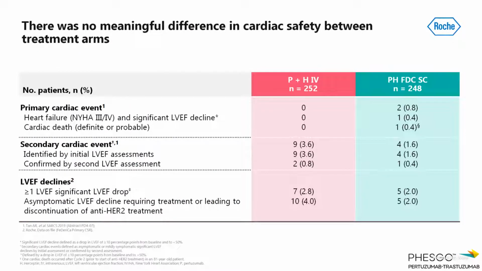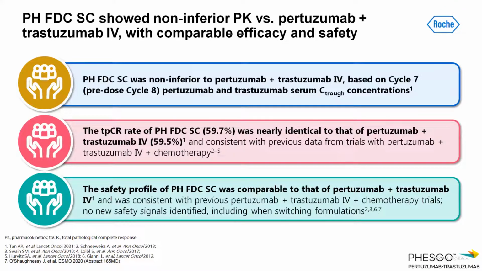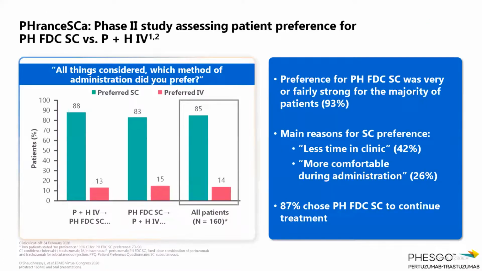And cardiac toxicity is the important question when we are using anti-HER2 antibody. It was shown that the cardiac safety is comparable or lower with the new formulation, therefore establishing the non-inferiority overall as well as in terms of safety with the subcutaneous formulation. So Francisca was a phase 2 study which looked at the acceptability for patient and the